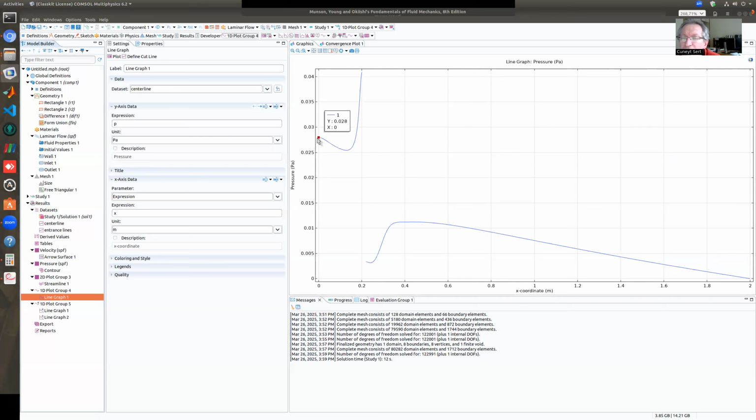So this is the entrance, and from the entrance it rises up, but initially it drops because, right after the entrance, the effect of the square block is not felt yet. So it's like developing flow in a channel, right? And the pressure drops, just like there is no obstacle. But then at some point, the flow says, oh my God, there's an obstacle here. So I have to slow down. And it slows down. In the meantime, the pressure rises and rises and rises.